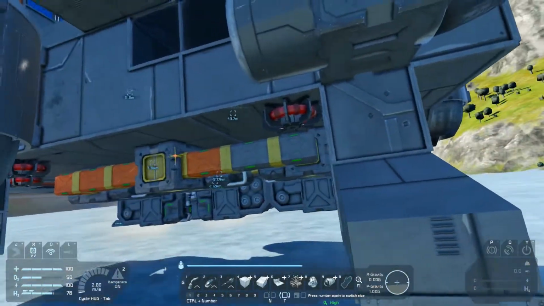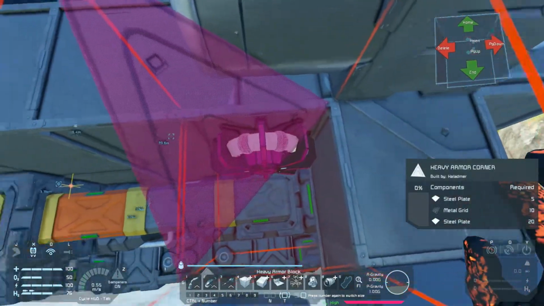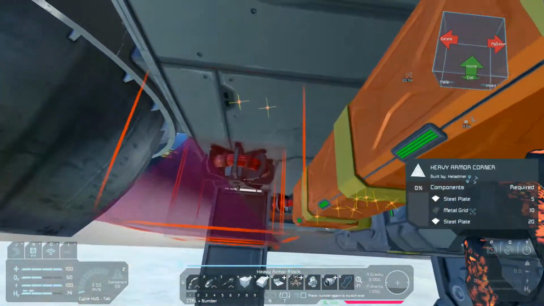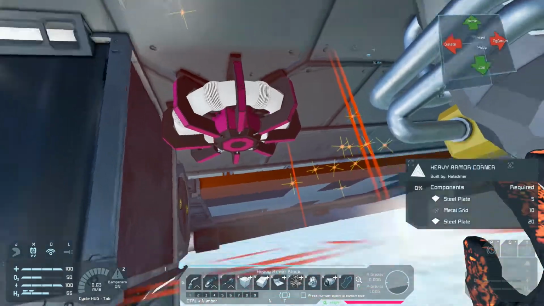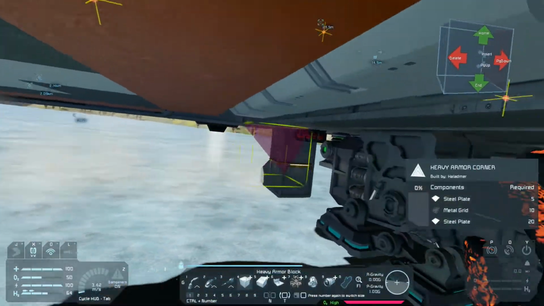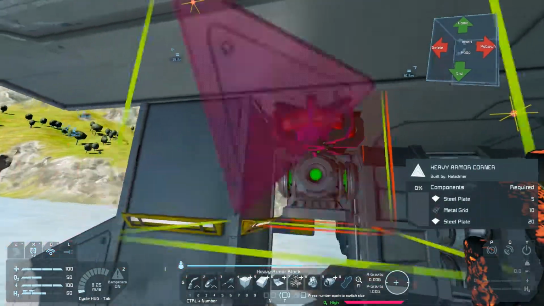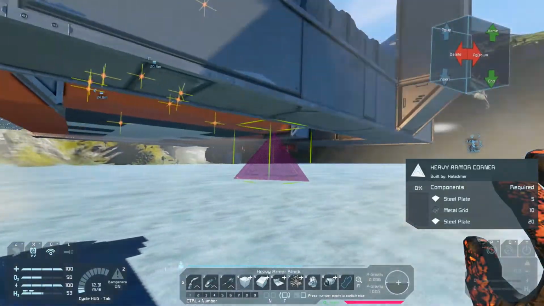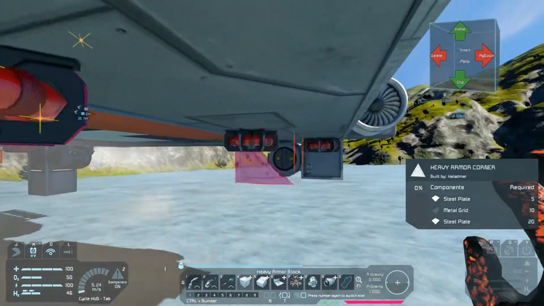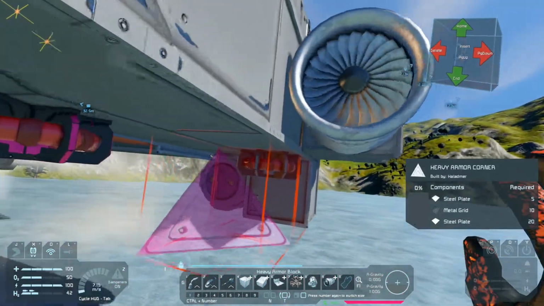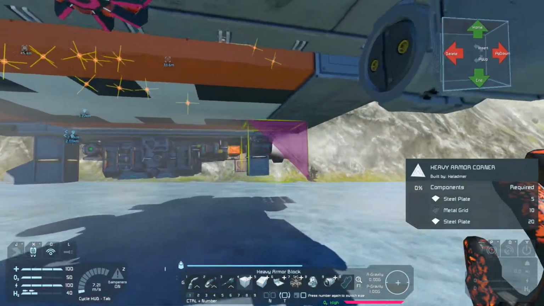Alright, so let's go ahead and get some more of these out of here. Alright. So I like the hover engines, but they are causing me all sorts of problems in load balancing this build. To be fair, the build was never meant to be a flight system,